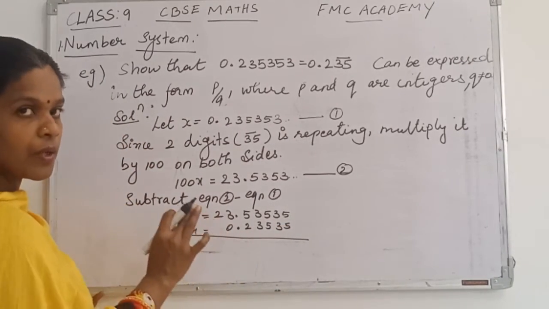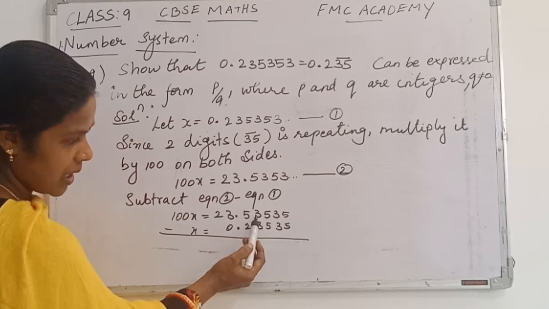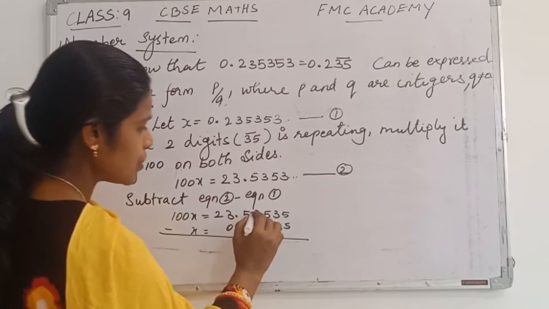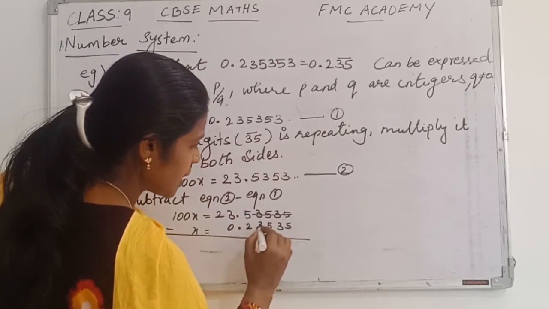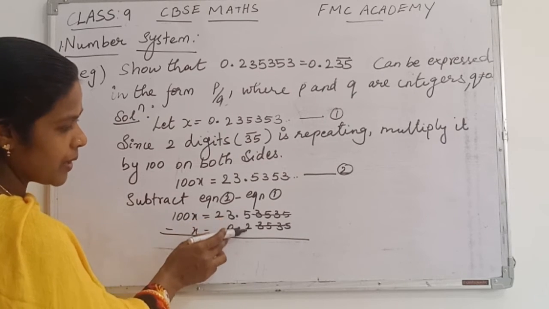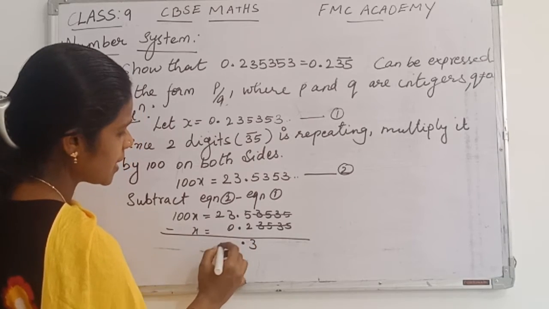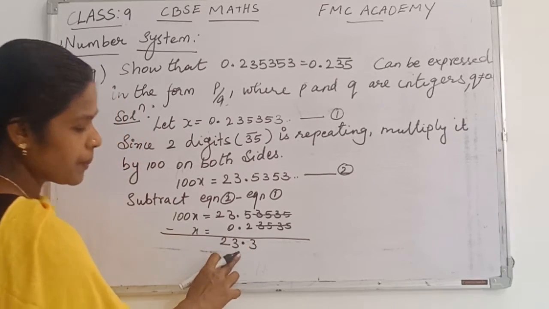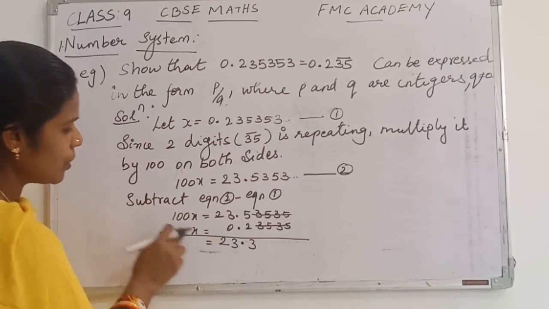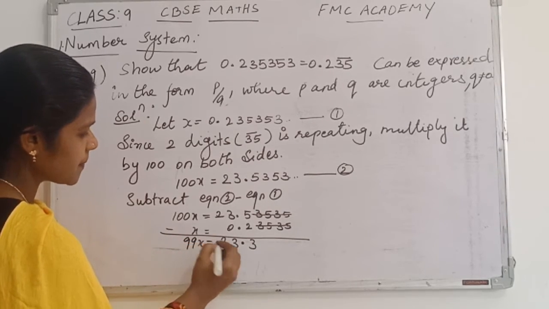Just see, here you have to be a little bit very careful. Now just see how many digits are equal in this one. The last 4 digits are equal. So this last 4 digits will give you the answer as 0. So the remaining here we have 5 and 2. So 5 minus 2 will be 3. Point, here it is 23. So 23.3 is equal to 100x minus x, you will be having 99x.